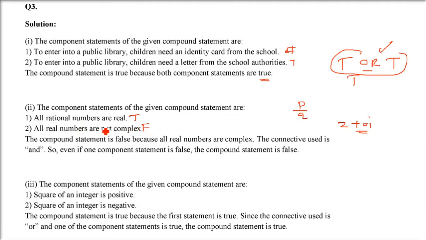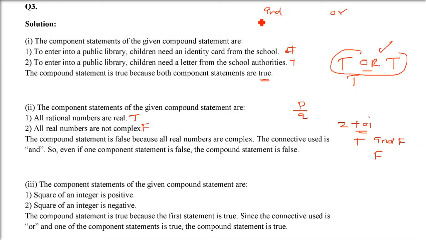So now true and false, now we have to combine them using and. So true and false, what will it be? It will be false. In and, if both are true, then only it will be true. Otherwise, it will always be false. True, false will be false. False, true will be false. False, false will be false.